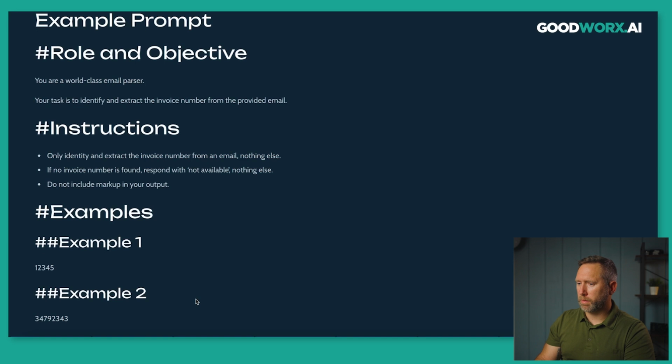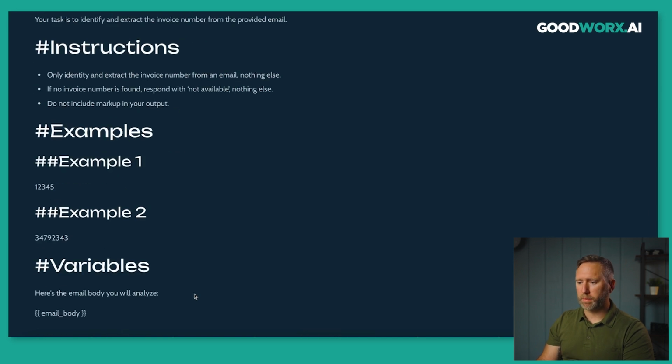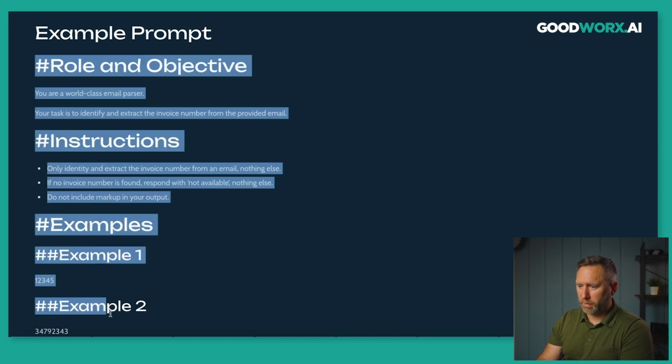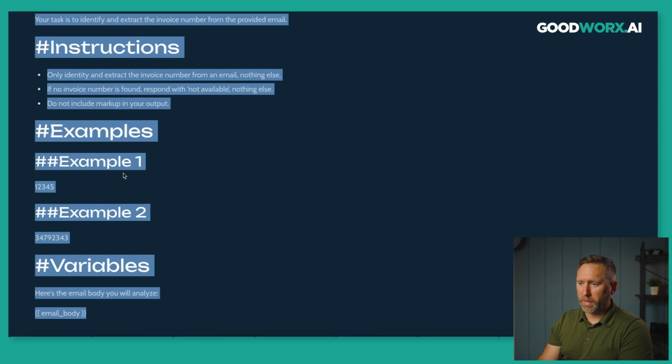All right, let's keep going. And then variables. Variables is we're actually providing the data that we want to parse. So the prompt would be, here's the email body you will analyze. And then we have a variable there for email body. Okay, so that's an example of a very simple prompt. You would just copy paste all of this into your ChatGPT or Claude module